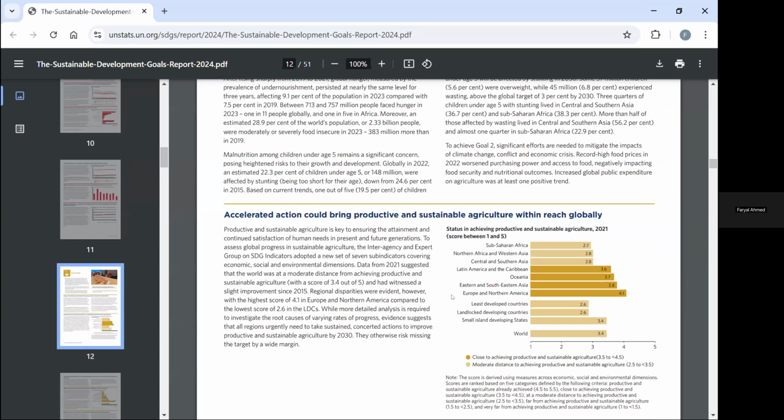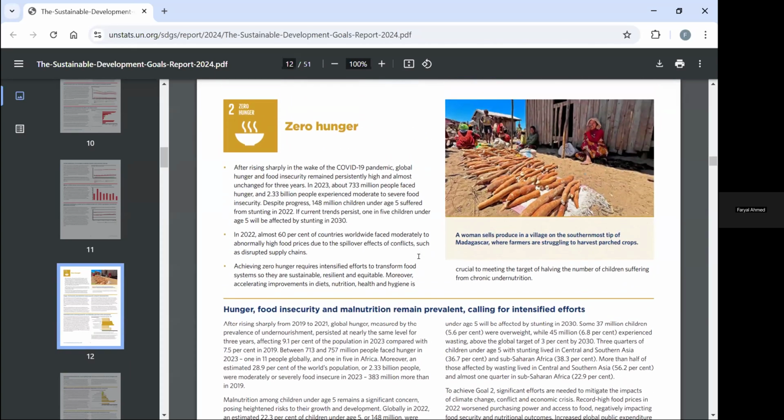So if you see here, in zero hunger, which is SDG 2, we have a number of indicators. But if you see here in the story, we are not presenting all of the indicator progress, because all indicators do not tell a story every year. If there's no change, sometimes no change is also a story, but we have to prioritize where we want to gauge the attention of our users for them to react and then take action in order to improve the circumstances on poverty,